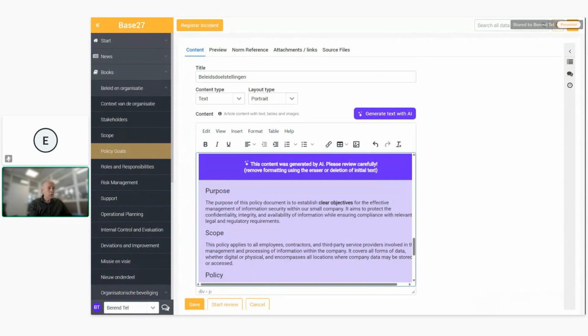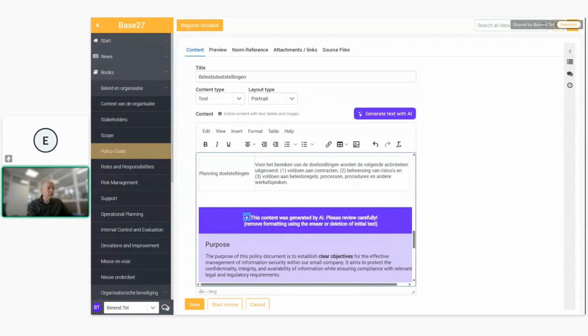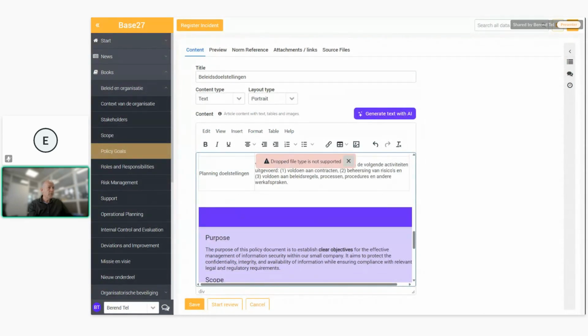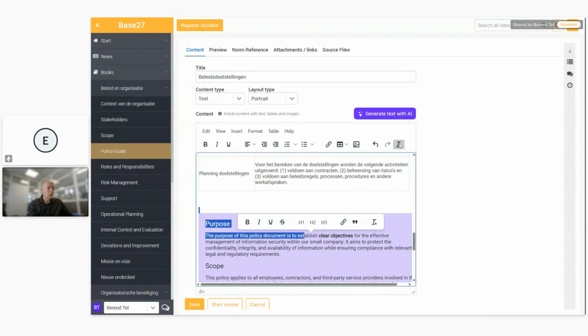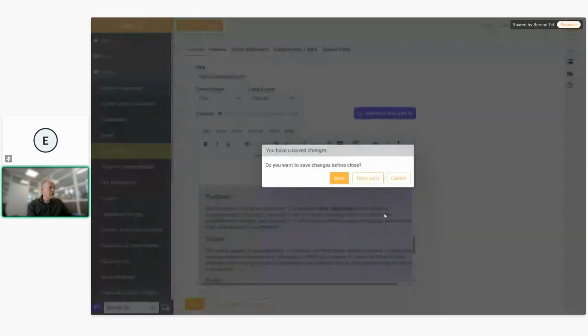So you can create your policies in a consistent way directly from within Base27, but obviously, as you do know, using AI always requires you to carefully review the output before making this something final. Once done, it's clearly identified what's being generated through AI, but obviously you need to remove the formatting. I'm only partly doing that now. And then, you know, make it your own. So if that answers your questions,